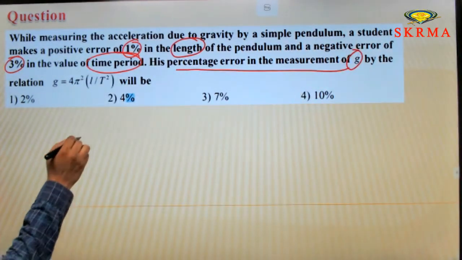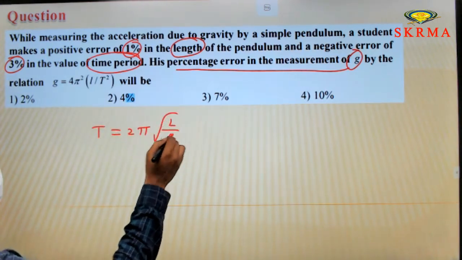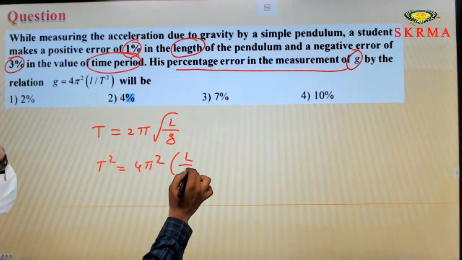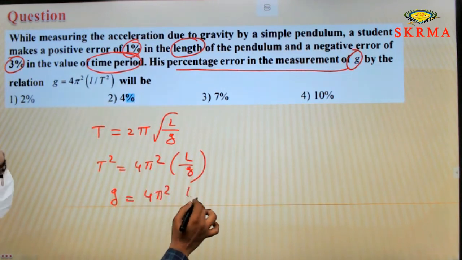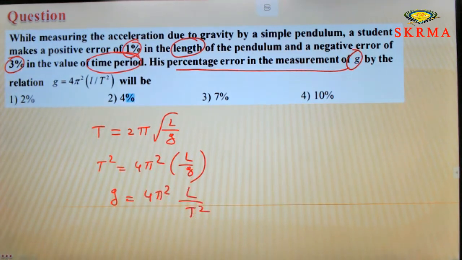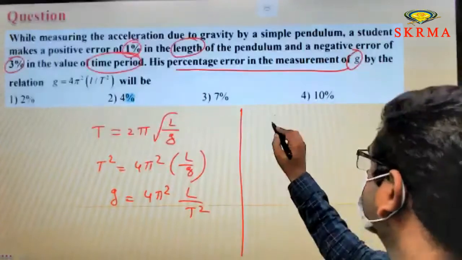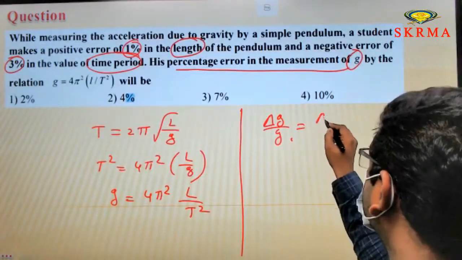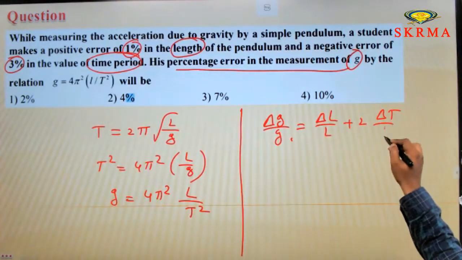What is the formula for time period? Time period equals 2 pi root L by g. Then T square equals 4 pi square into L by g. Now g can be written as 4 pi square into L by T square. This is the formula for g. Now apply the percentage change rule, then you will get delta g by g equal to